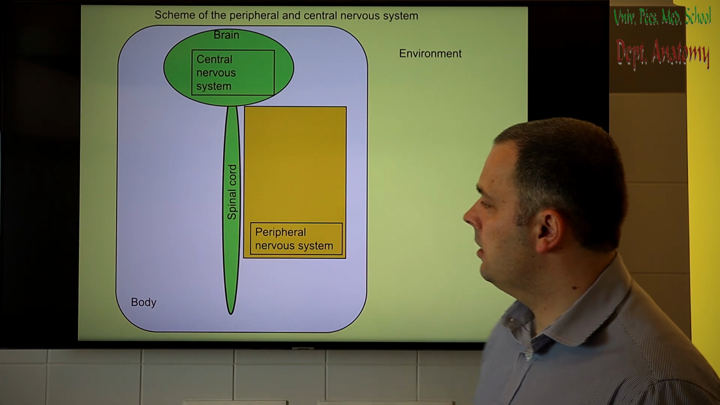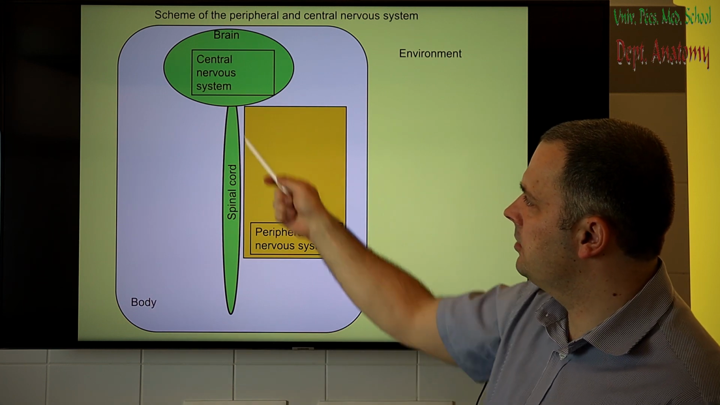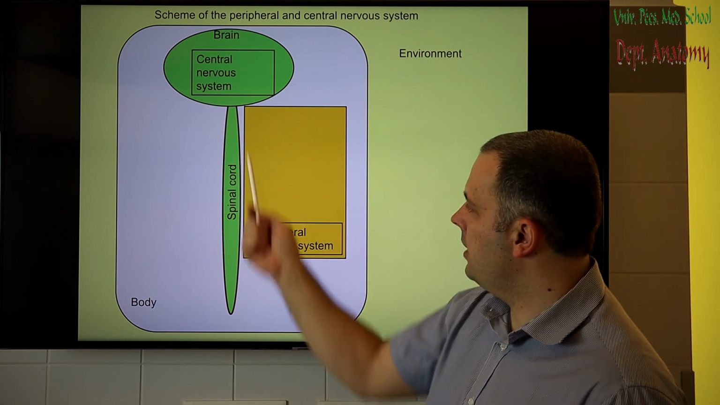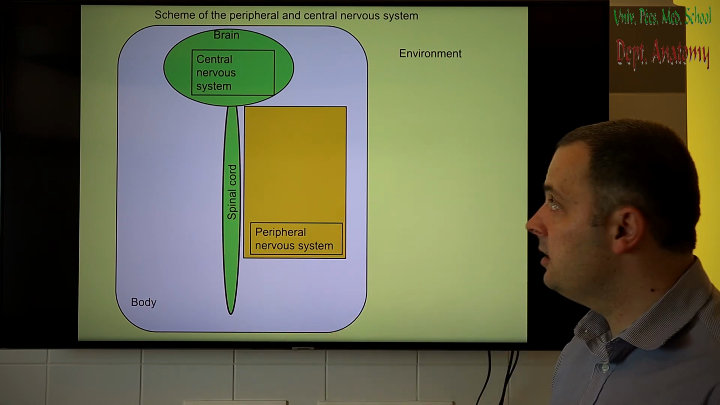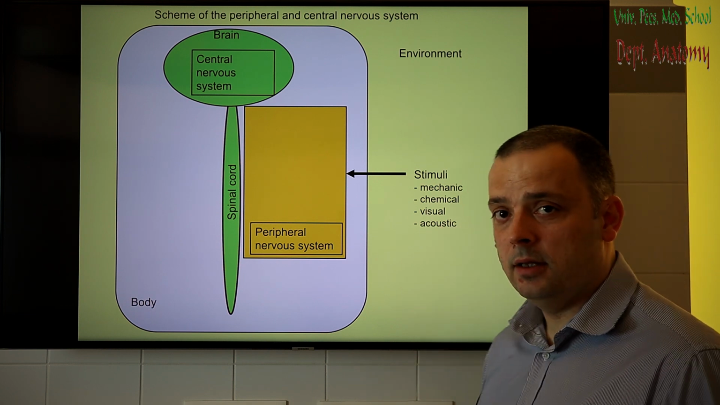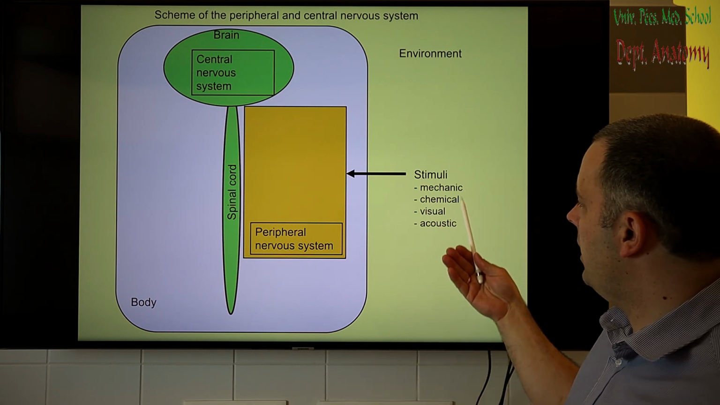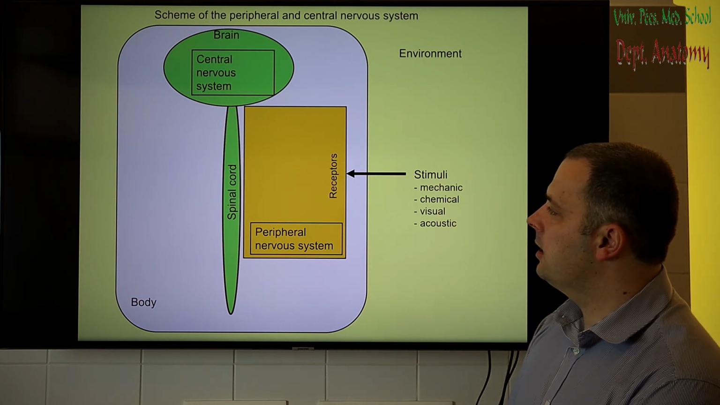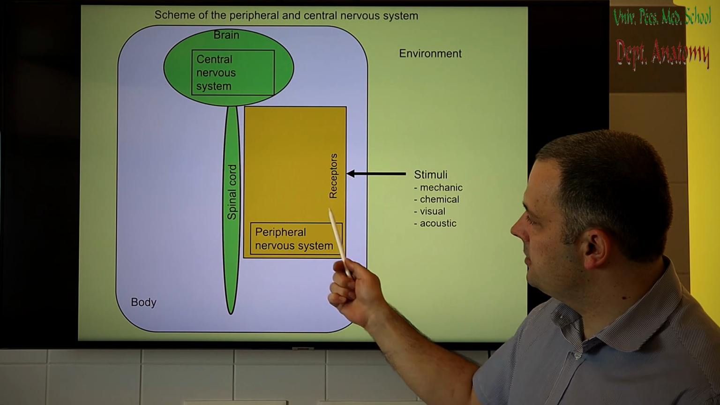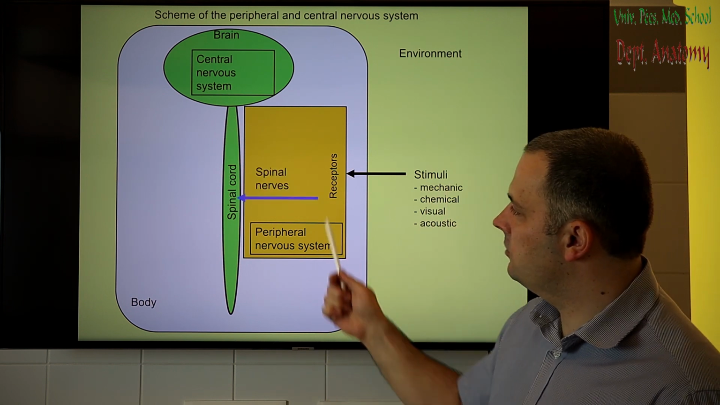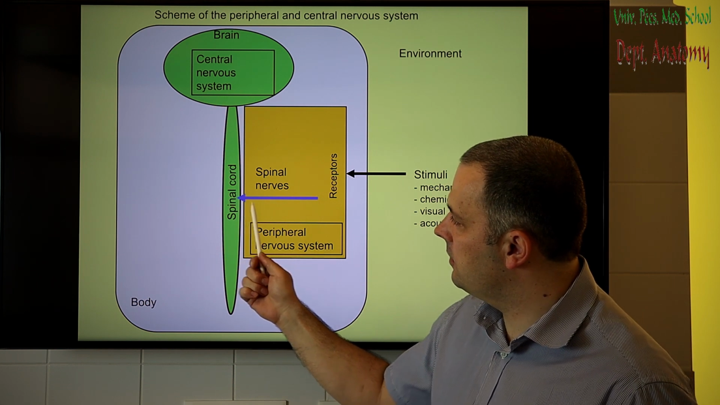This is the body, the white area. The green represents the central nervous system with the brain and the spinal cord, and here you have the peripheral nervous system, that should be the yellow box. Now the signal, the stimuli comes from the environment. It might be high temperature or mechanical, chemical, visual, acoustic, and several other kinds of stimuli may come. And this stimulus comes to the receptor, which translates the stimulus into electric signals, and then either through spinal nerves